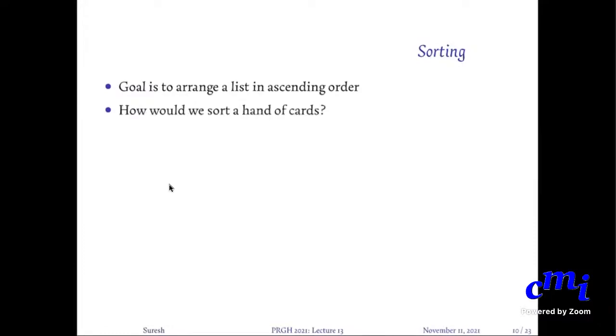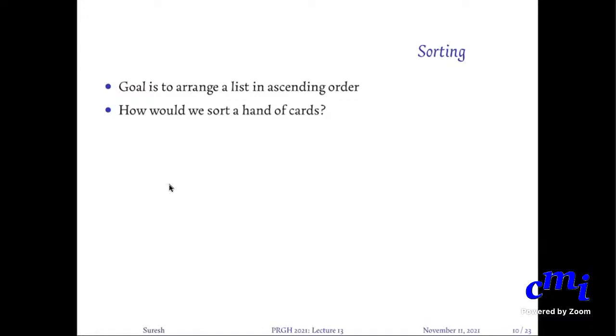If you have ever played cards, how would you sort a hand of cards? Obviously you won't be thinking of some sophisticated methods there. Depending on what game you are playing, you will either have 13 cards in your hand or 5 or whatever. And how would you sort it? If somebody has played cards, can somebody tell how you would sort a hand of cards? So based on the suits, the clubs or whatever that is. Oh, that is how you sort. Okay. Yeah, but even then, how would you do it?